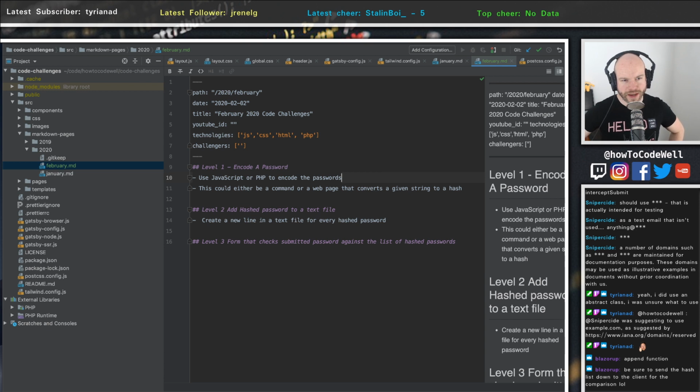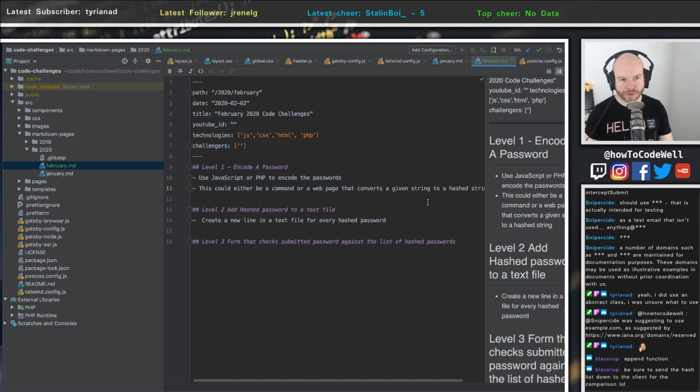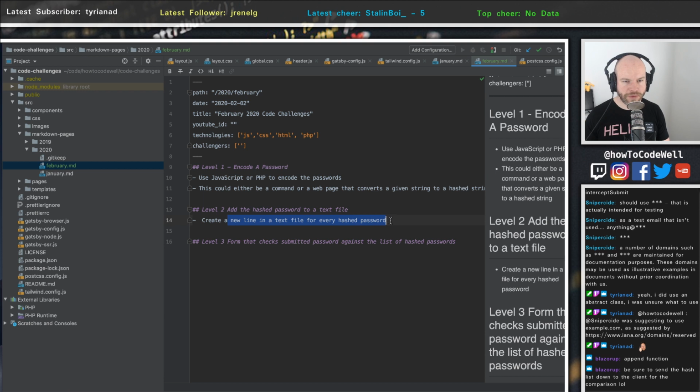Okay, this could either be a command or a web page that converts a given string to a hashed string. So if you want to use bcrypt, please use bcrypt. If you're using PHP, try and do that. Level 2, add the hashed password to a text file. Create a new line in a text file for every hashed password. Okay. Level 3,